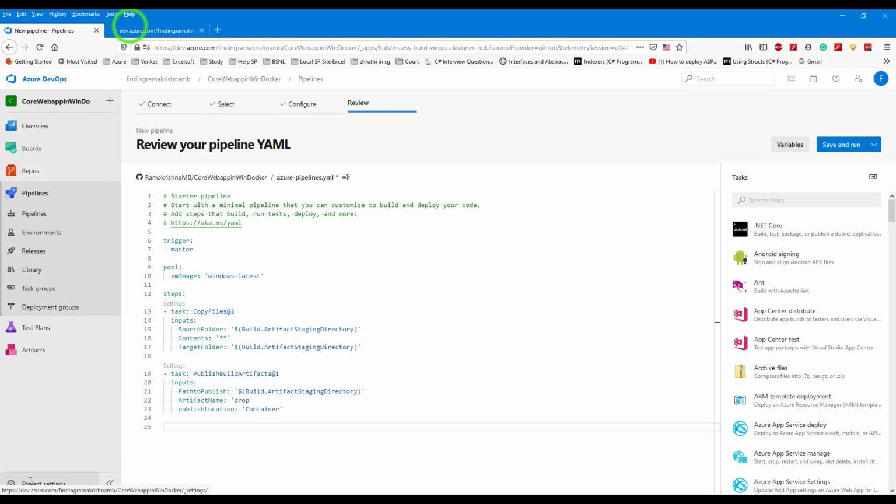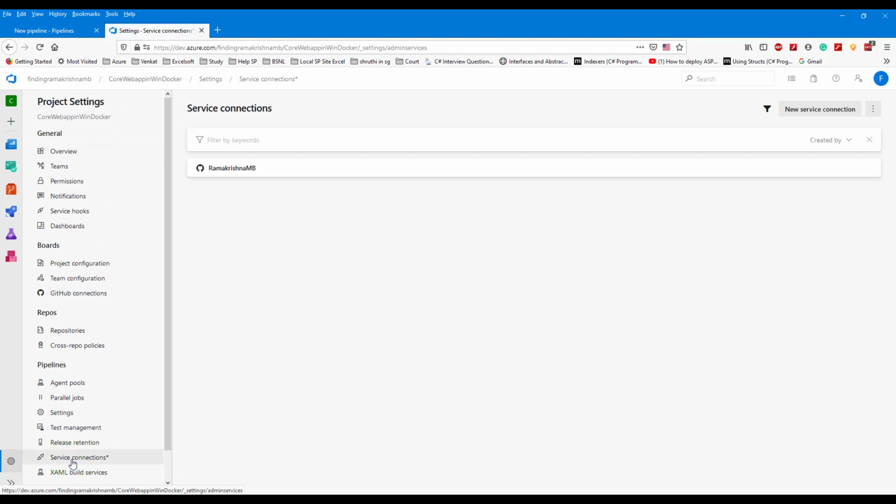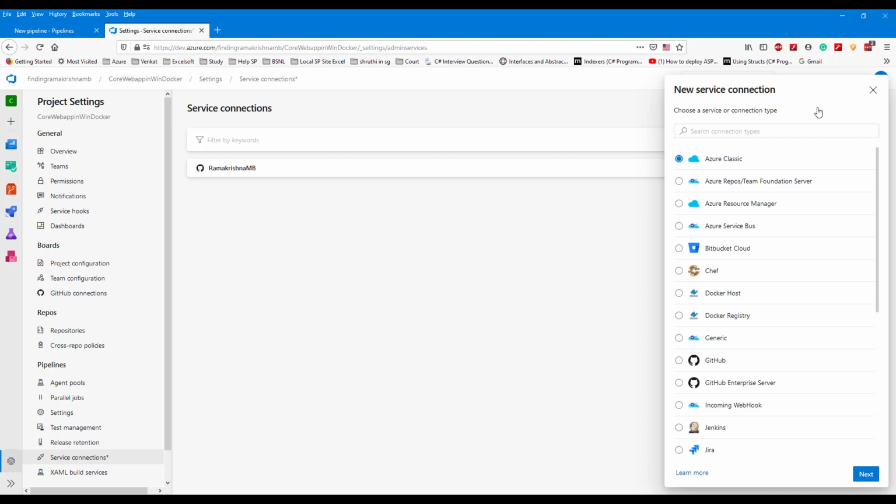Before we do that, let us go to project settings in a new tab. Go to service connections. Click on new service connection. Click on Docker registry.